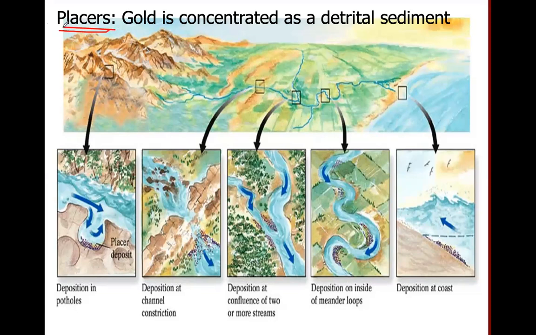So placers means it's a kind of natural sorting of material during a river flow or even ocean currents, right? Because the heavier minerals get separated. So it's kind of a winnowing action. What is winnowing? We try to winnow out some rice or paddy, right, to remove the stones and heavier materials